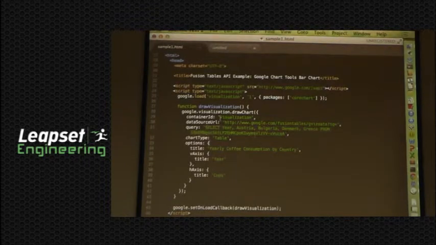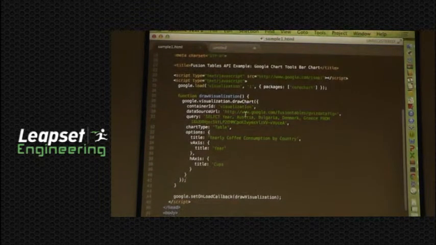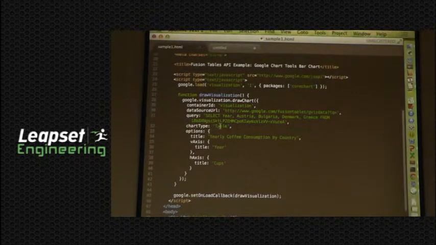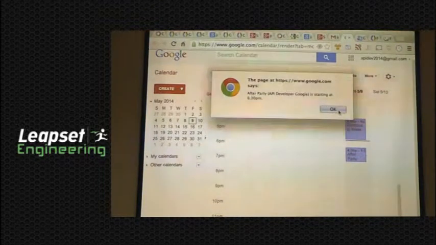What it does is, it will bring that data, use Google Visualization to draw a chart with the Google Chart API, and provide that as a table entity. So the type of the chart is table. Your data source is the Google Fusion Tables API. You do a select statement from the cloud, and what you see